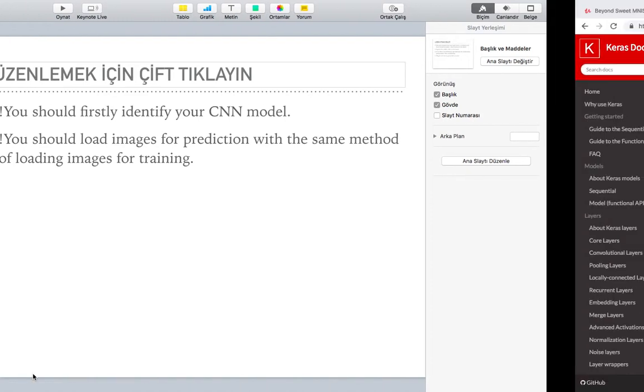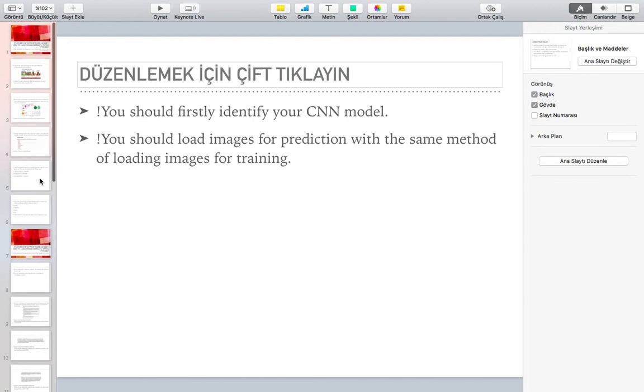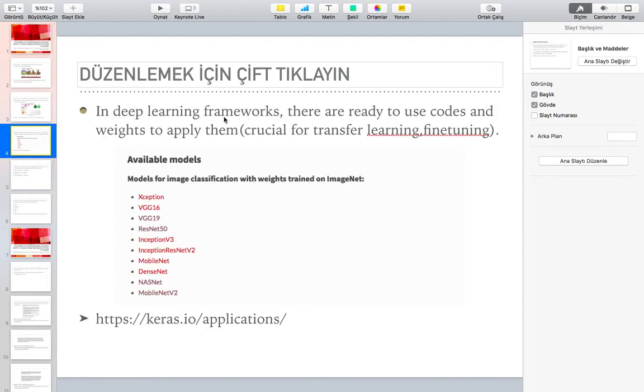But the model that I want to work on is ResNet 50, since we talked about the advantages of choosing pre-trained models in deep learning frameworks. This is crucial for transfer learning and fine-tuning, and we have weights to get good results. And also we will be using ready-to-use code, and